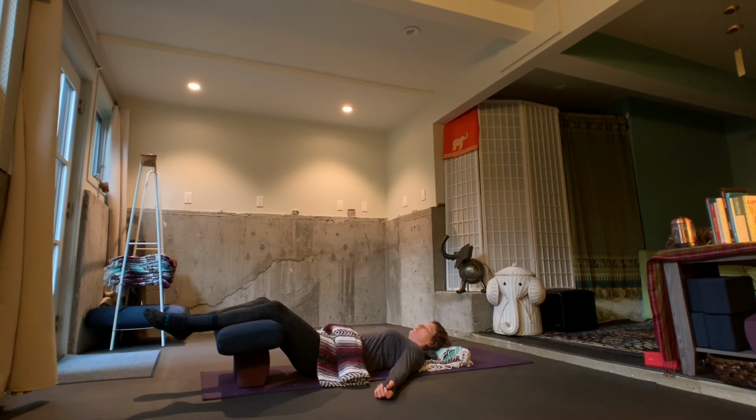second toe, third toe, fourth toe, fifth toe, right bottom of the foot, right heel, right back of the ankle, the calf, back of the right knee, back of the right thigh, the right glute, the right low back, the mid back, the upper back, back of the right neck, right crown of the head,